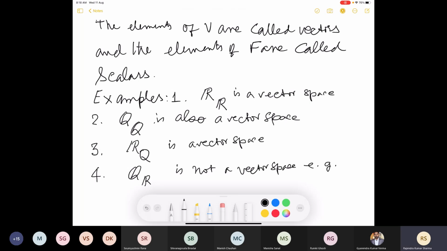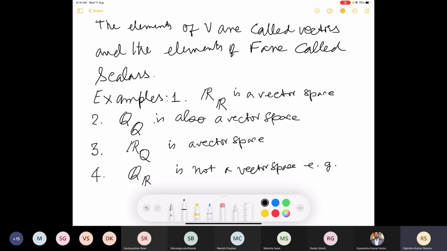So, for example, to prove that a set has a given algebraic structure, one has to see if all the properties are satisfied. While to claim that this is not so, if there is one property which fails, that is good enough. So here we want to see what happens